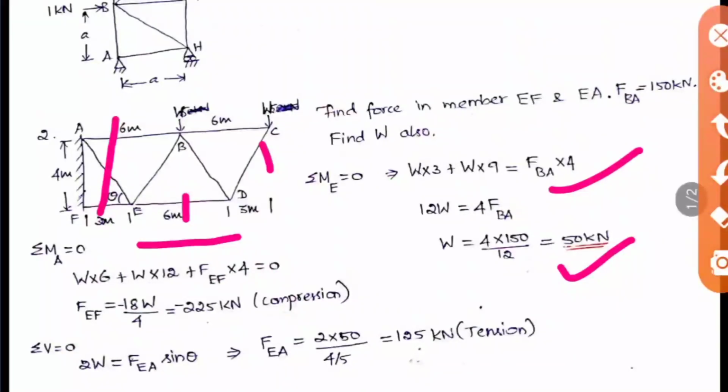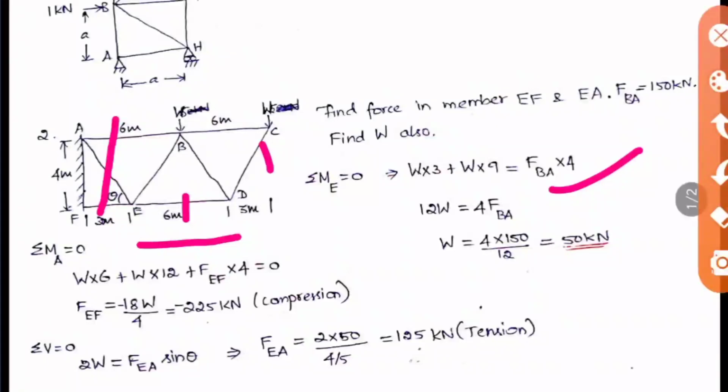Now we have to go for the second option where you can find the next step. You have to choose the joint at A. When you take the moment there, what happens? This W will come, this W will come, and this member and this member won't come because they start at A. But EF will be coming, so we can find the answer because only EF will be unknown. The W and W are known to us already. So I am choosing A. You have to be very clear while choosing the point.